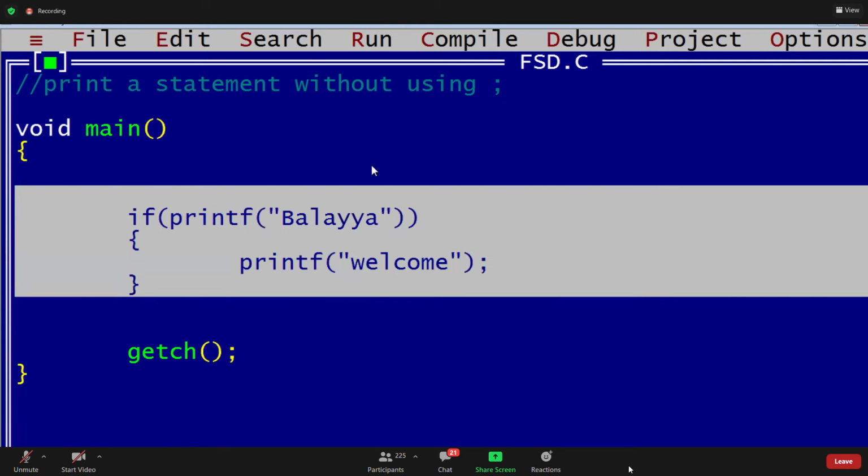See this. Next, I want to change the statement. Not printf, I want to write. Guys, tell me.